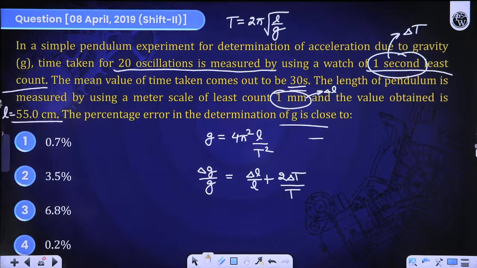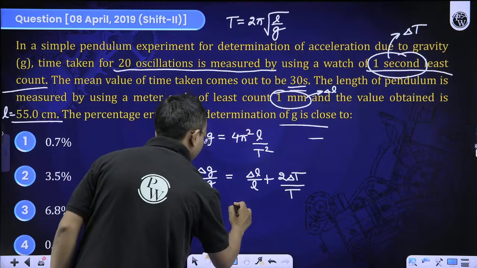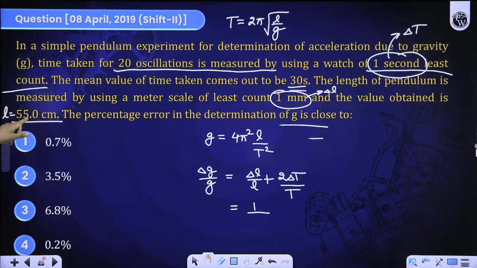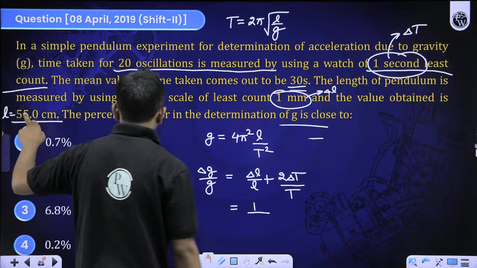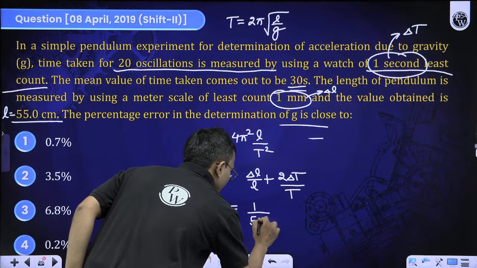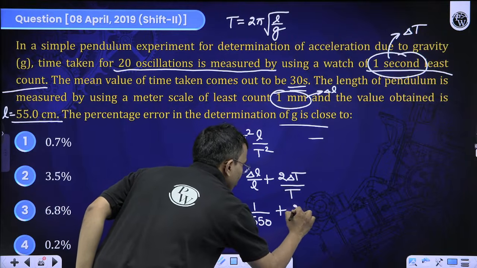Now here I have to put delta L, delta T, T. What is delta L? 1 mm. 1 divided by what is L? 55 centimeter. Convert that to mm also, because this is in mm. 550 mm. Okay, plus 2 into